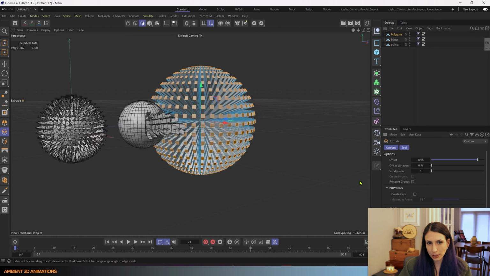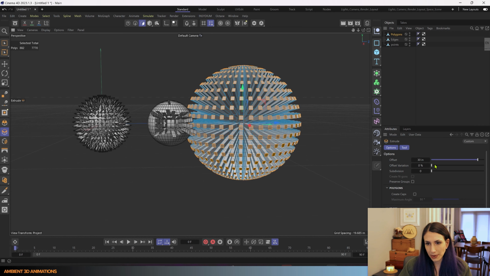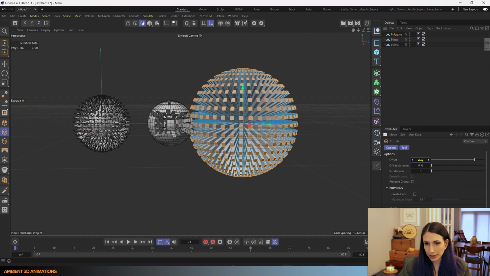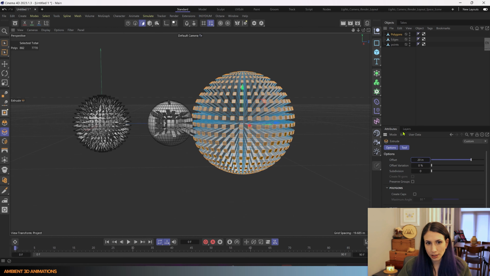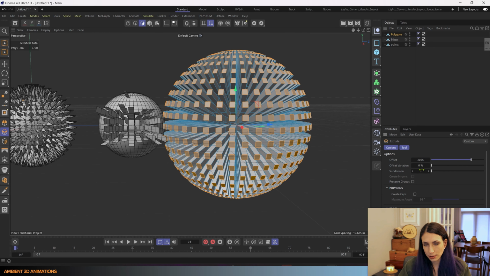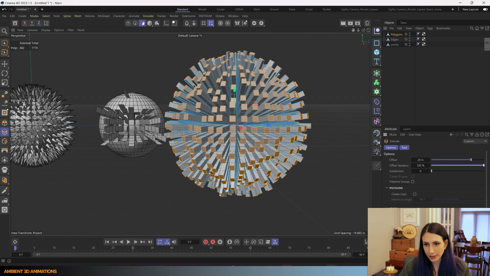And that will adjust the amount of offset. These are being extruded. You can adjust the offset variation, which is this handle here. You're already familiar with that from the other ones we've done.